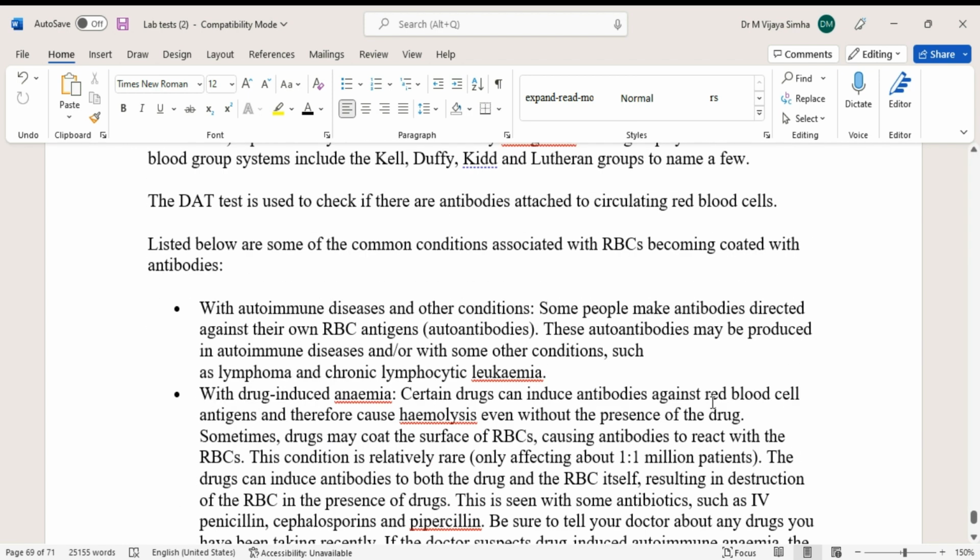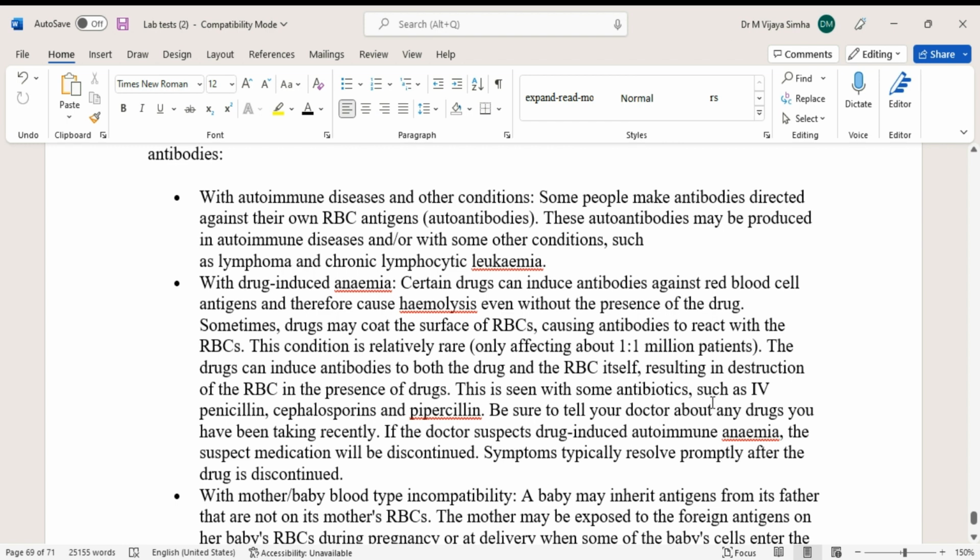Listed below are some of the common conditions associated with RBCs becoming coated with antibodies. With autoimmune disease and other conditions, some people make antibodies directed against their own RBC antigens. This is called autoantibodies. These autoantibodies may be produced in autoimmune disease or with some other conditions such as lymphoma